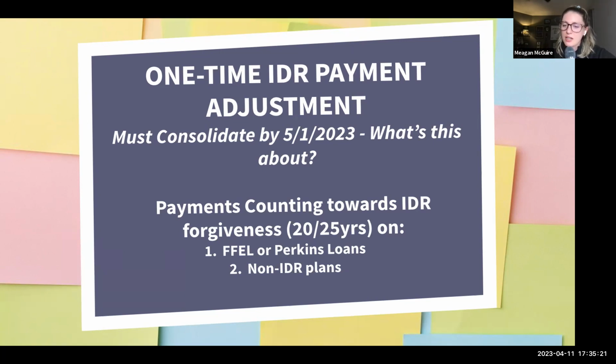You have time. If you're in that boat of having the wrong loans and you need to take action, you have time to do that before May 1st. You might have more time because it's probably to the end of the year at this point. So that's where you could fix your loans and still have those prior months on the loans count towards the PSLF timeline. So you wouldn't be starting from zero if you're consolidating. And this is relevant to folks who don't think that they're going to end up finishing out PSLF.